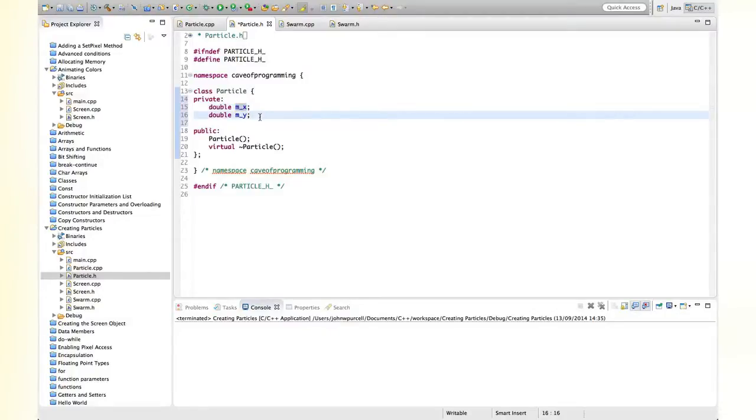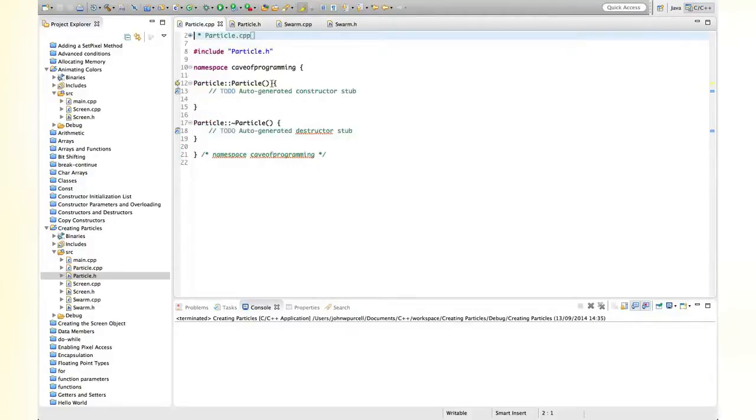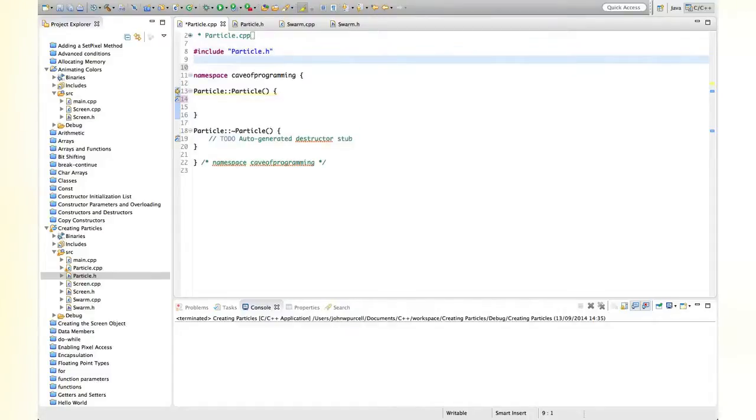So we've got X and Y. That's probably all we really need to start with. Just an X and Y position for the particle, as far as I can think at the moment. Let's go to the particle constructor here, and in the constructor I could initialize the X and Y values, really. So yeah, let's maybe do that. What I'm going to do is include